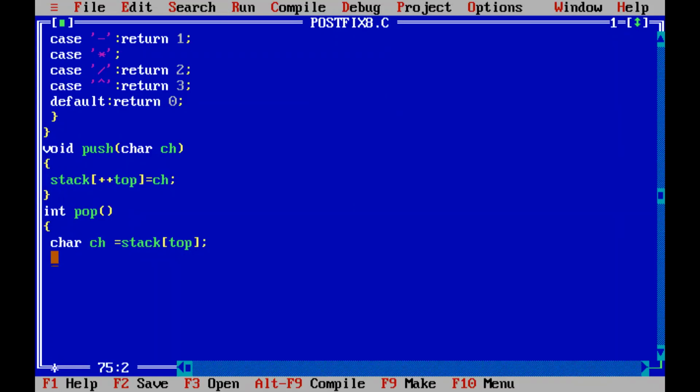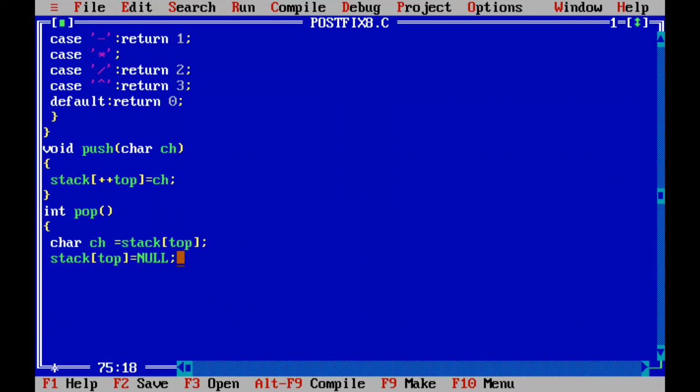Now, what is the next step? Now you have to make the stack top null. We copied, but we are not deleting from the stack, right? So we will just copy a null value. Otherwise, what will happen? The operator, even after copying to the variable ch, will still be there in the stack. You have to make sure that it is deleted. Got it? So we will copy null. Usually for the pop operation in stack operations, in yesterday's program number 8, I didn't give any null, but actually we have to make sure that after copying from the stack, it is deleted. So this statement will be deleting the operator on top of the stack.